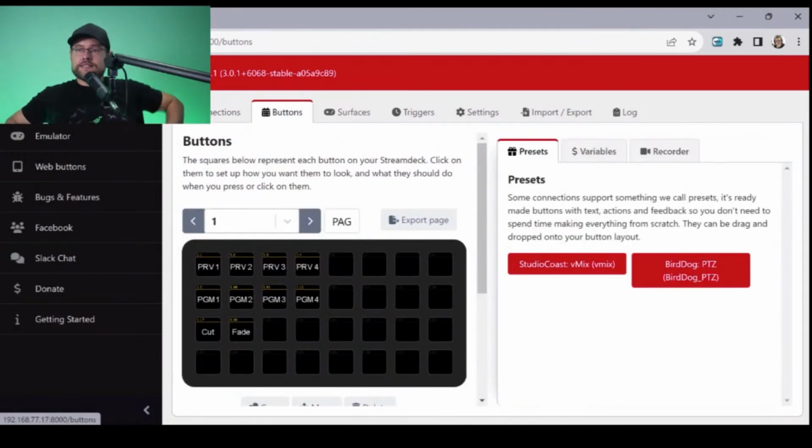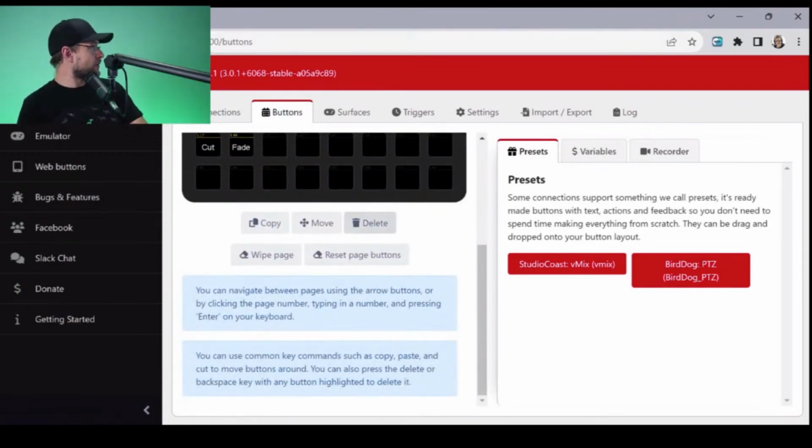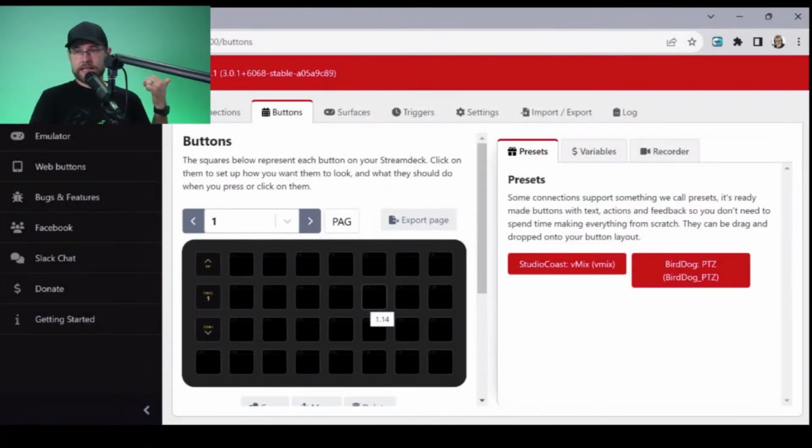So we're going to click on buttons. That's the next piece we're going to do. And here I want to just completely delete this whole page, wipe the page, because we don't need any of that stuff. And this is what it looks like starting out, all right? When you first start. Now, the resolution on this screen is wonky because, first of all, it's a giant TV, but also I want to make it big enough so that you guys can see it. And so some of this, that actually says page, okay? It will look normal on your screen. It'll actually probably look a little nicer on your screen, but we have some issues here.